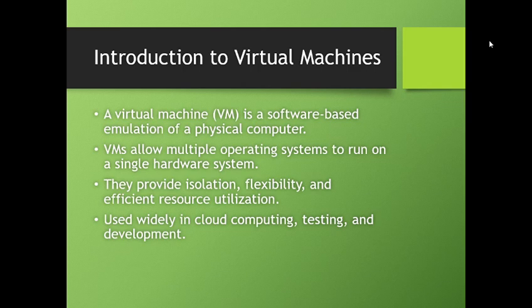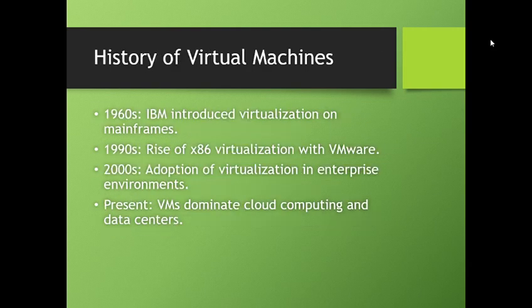The importance of virtual machines is that they enable efficient hardware utilization, support isolation between different environments, and allow running multiple OS simultaneously. The history of virtual machines starts from 1960. IBM introduced virtualization on mainframe. In the 1970s, the VM/370 by IBM allowed multiple OS simultaneously. In the 1980s to 1990s, it declined due to improved OS multitasking. In the 2000s to present, cloud computing and modern hypervisors boosted VM usage.